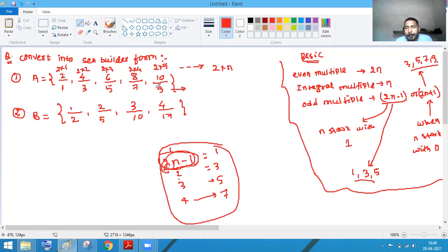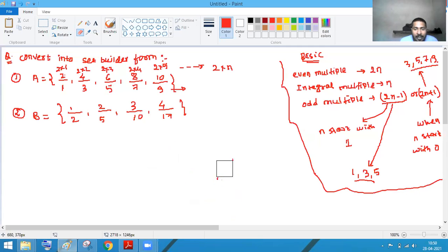Can we say that this is in AP, arithmetic progression? Yes, everyone's favorite. In arithmetic progression, 1, 3, 5, 7, 9 — the common difference is constant. Subtract 1 from 3, it is 2; 3 from 5, it is 2; 5 from 7, it is 2; 7 from 9, it is 2. Means we can say that in the arithmetic progression the d is constant in all, so it is an arithmetic progression. And the nth term of an arithmetic progression you can find. If you find the nth term of this sequence you will get the same thing, that is 2n minus 1.